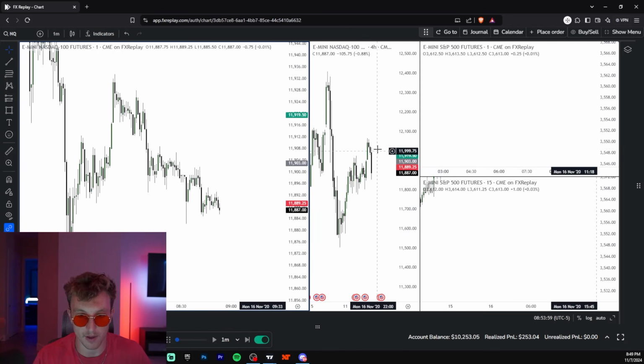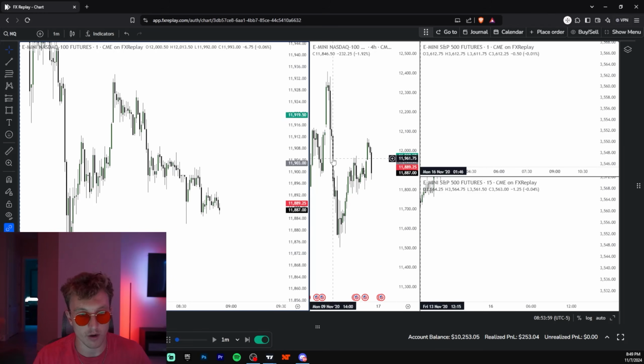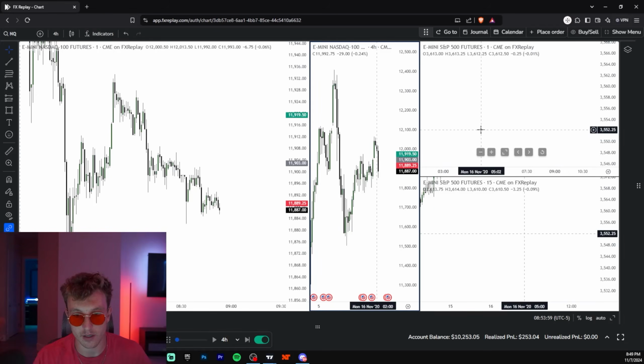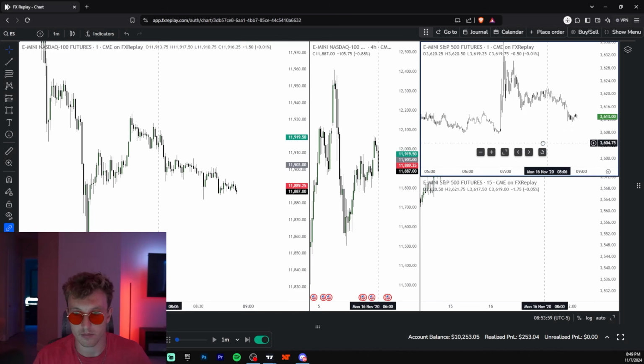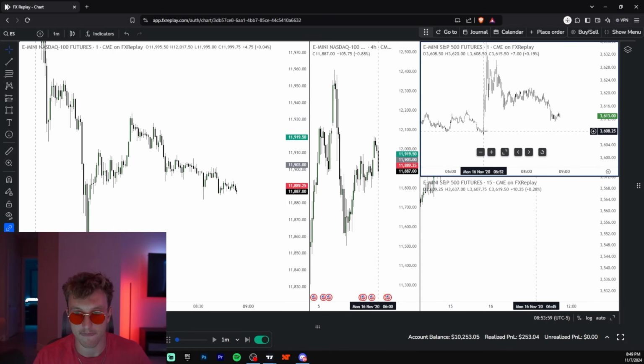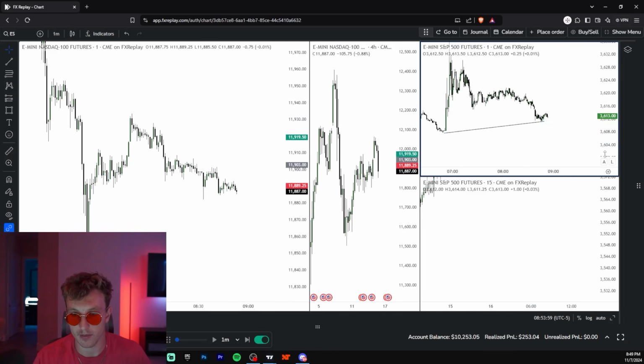Kind of waiting for some light bulb bias. We've not broken the 4 hour yet. So you can kind of see definitely not super high confident bias right here. We do have a bullish SMT at the lows. Doesn't really mean anything to me right now, but